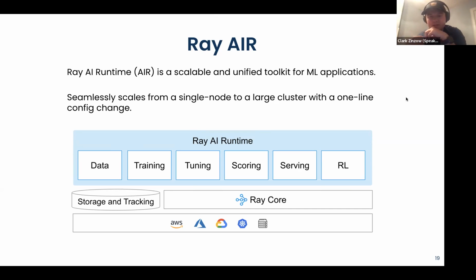And what Ray SGD, now Ray Train, does is it basically makes it a super easy declarative API. It's primarily just orchestrating either a Torch or TensorFlow implementation of the classic distributed training algorithms, where Ray Train is just being used as a convenient orchestrator with features such as checkpointing and nice features such as built-in preprocessors, similar to the sklearn preprocessors. But it's really just more orchestrating the data plane of distributed TensorFlow and distributed Torch.